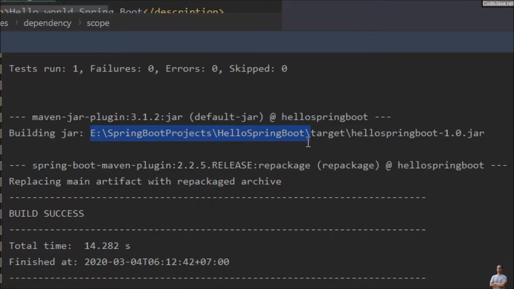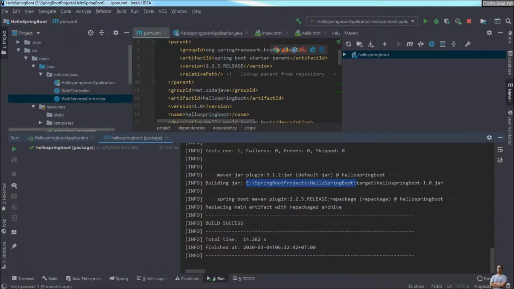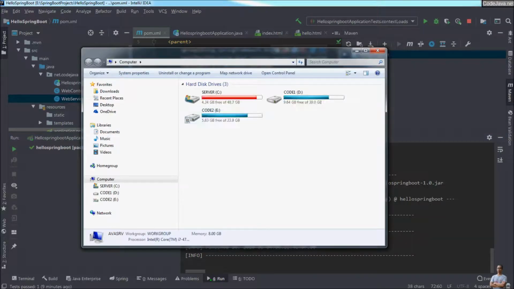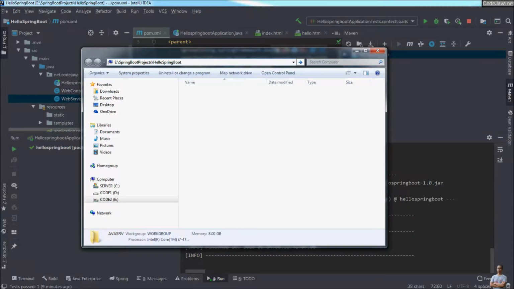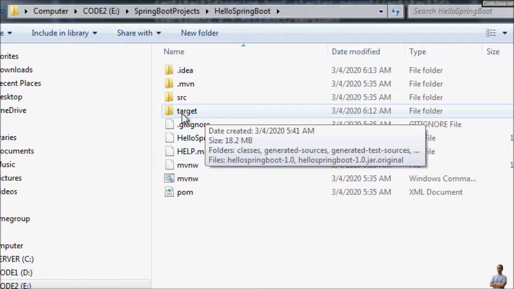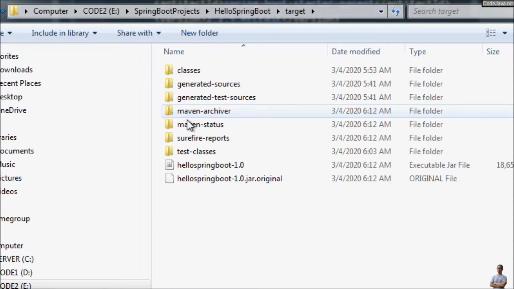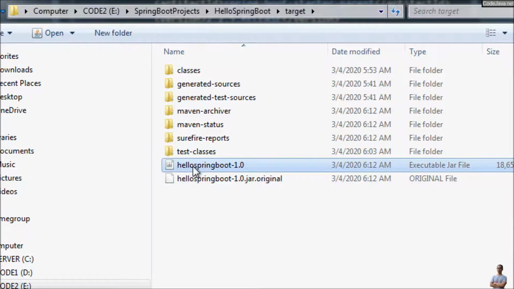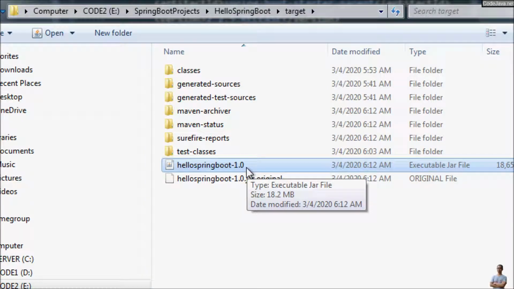So I open this directory in my computer. This is the project directory, and you can see under the target folder we have the jar file hello Spring Boot 1.0 here, and you can run this